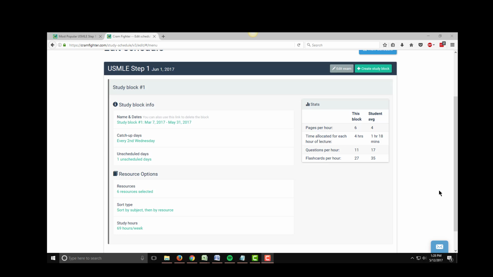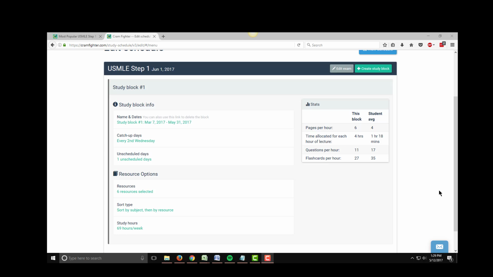I'm here today to show you how to go over a resource more than once. So to set this up, students often find it helpful to cycle through a book more than once as a review. With our Study Blocks feature, Cram makes it easy to give a resource a second or even a third pass. As a refresher, study blocks are mini schedules within your overall schedule. In each block, you can select different resources, set different hours, or change other settings. In this video, I'll demonstrate how to go over a resource more than once in a schedule that I've already